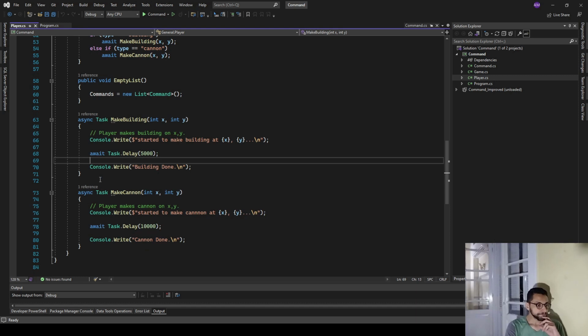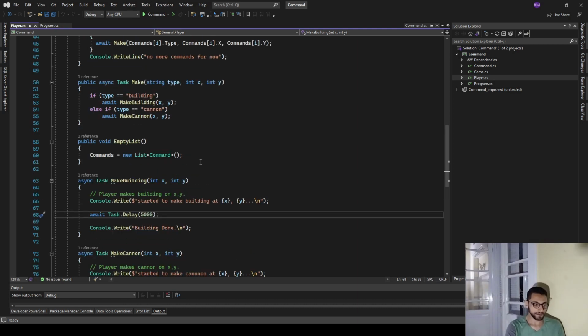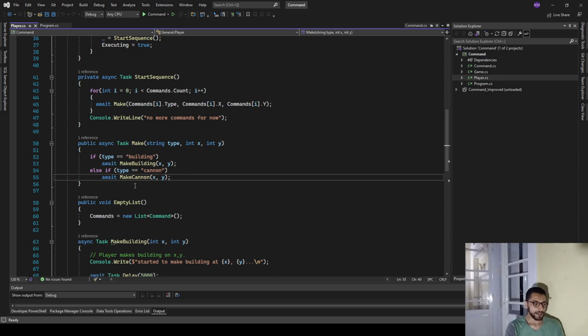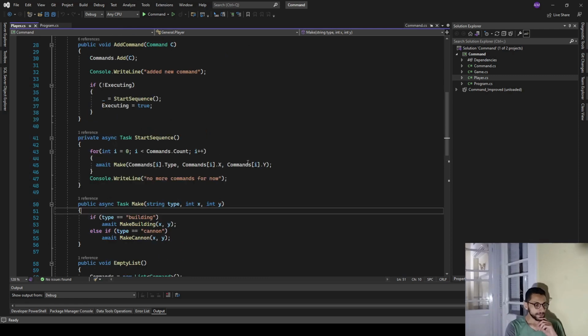What this await does is it just simulates the 5 second delay, right? So if you don't use this await, we have to use it before Task.Delay to get an actual delay, or it doesn't work. So that's basically it. And same here in this make function. So I think that's it for this